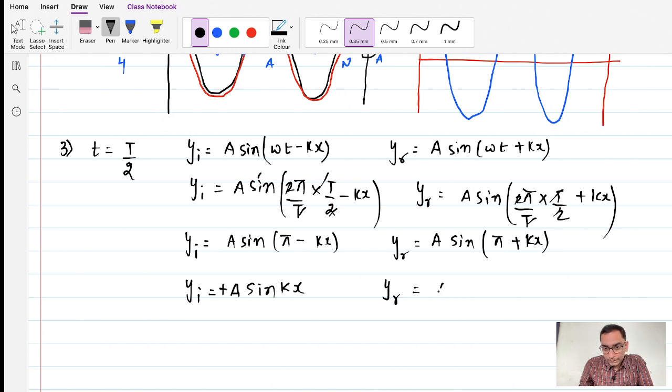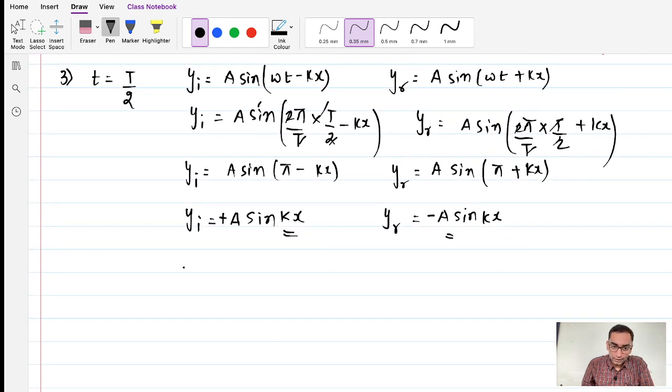Reflected wave is a sine pi plus kx, this goes in the third quadrant. In the third quadrant sine is negative, so I am going to put minus sign, pi gets removed, sine remains sine, so kx. Now what will happen if these two waves are going to interfere? Destructive interference. So let us draw,